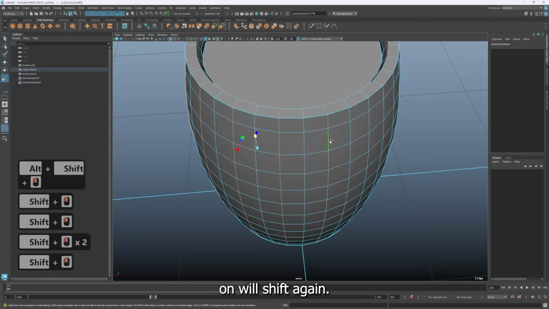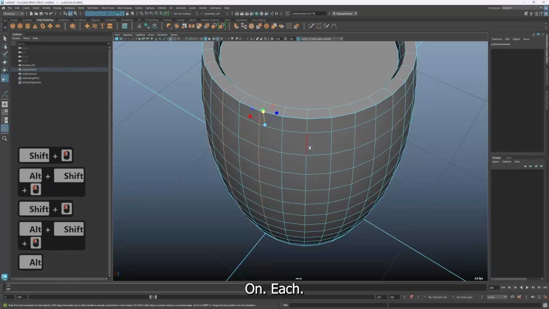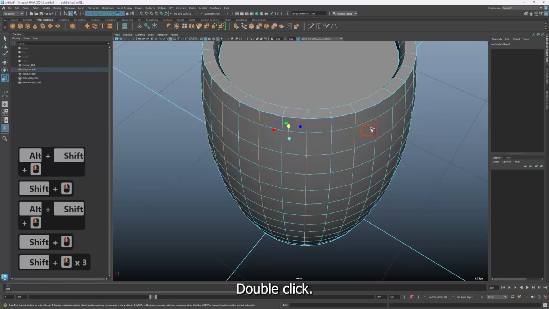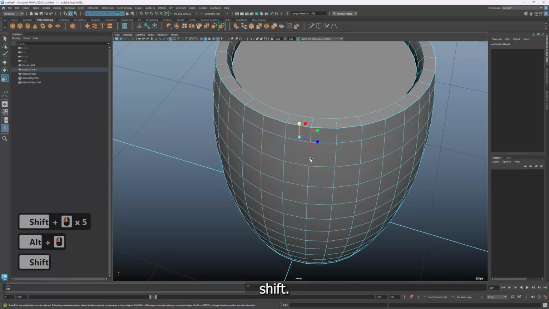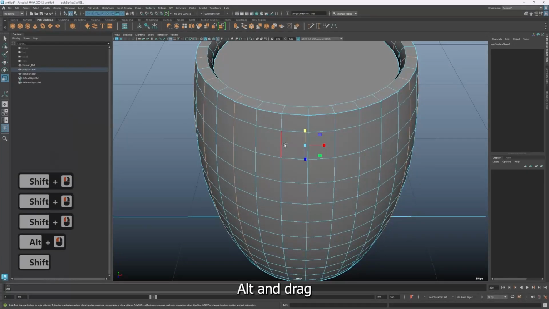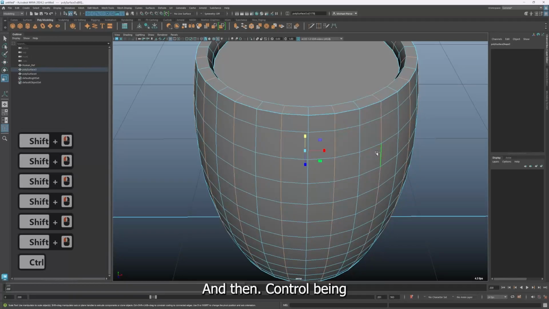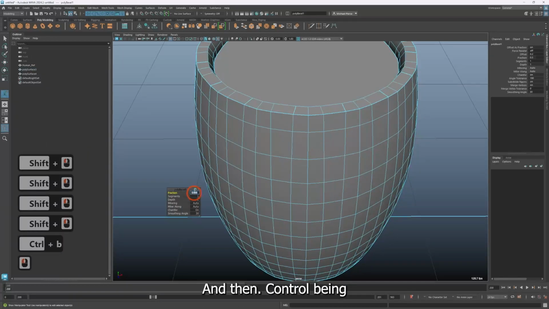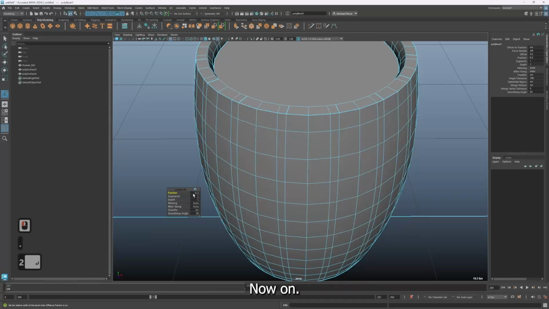I can hold shift again, hold alt, and then shift double click. Alt and drag, shift double click, hold shift and double click, and then Control B. I'm going to put it at 0.2, no, 0.1,